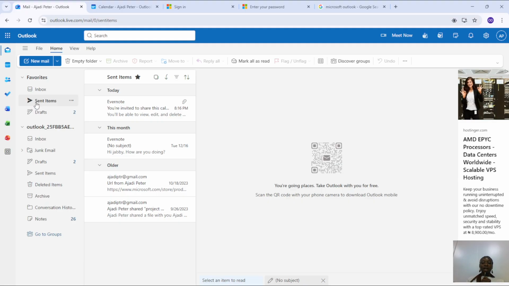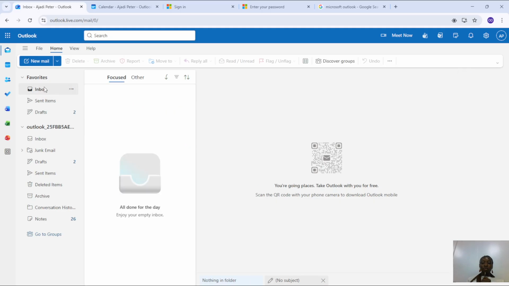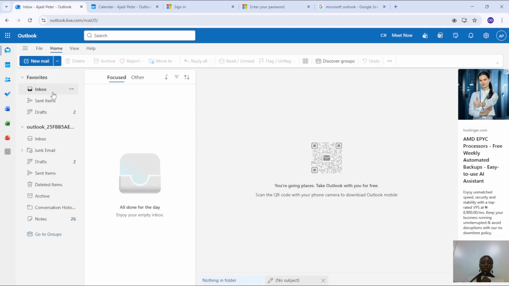Now, to set an Outlook reminder for an email, just head over to the particular email you want to set that reminder for. Now, from your inbox, when you've opened the mail, right click on the particular email you want to set a reminder for, go through the option of follow up, and then select add reminder. In the pop-up window, set a particular due date and time you want to set a reminder